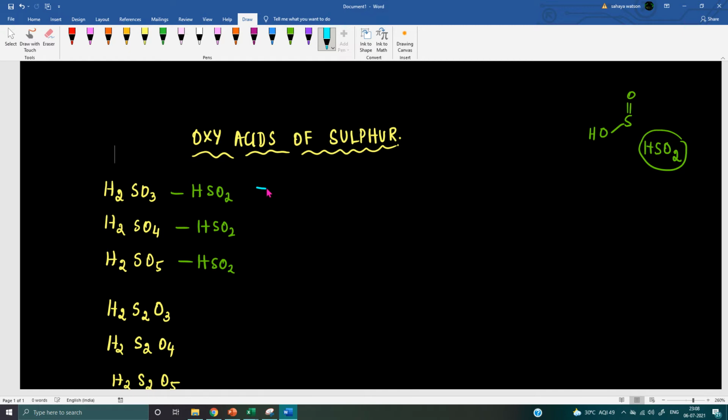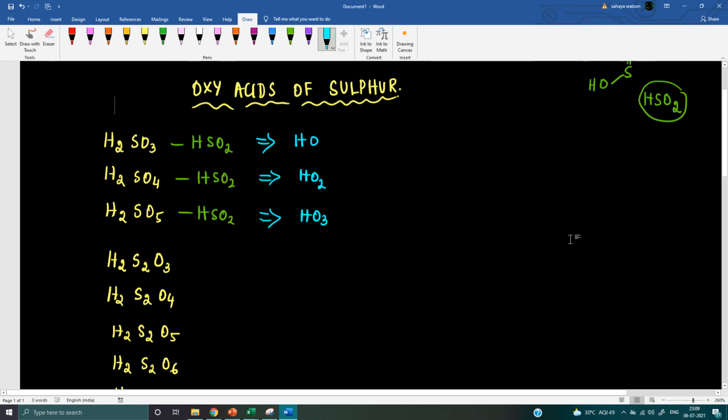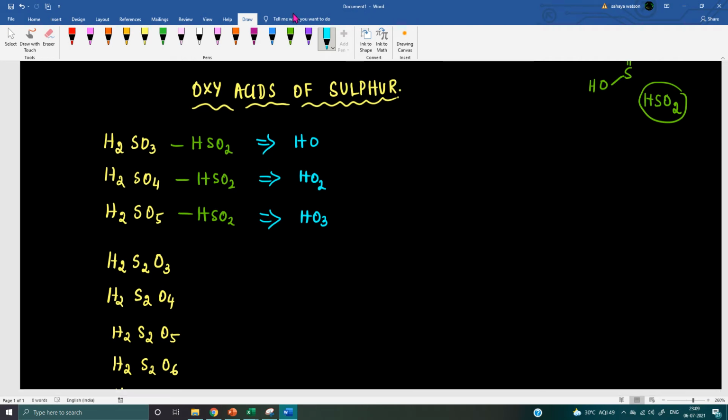Let's see now. Once you subtract HSO2, the remaining is HO. Here it is HO2 and here it is HO3. Okay, I am coming to the compounds having two sulfur atoms. In this case, the basic unit should be multiplied by 2. So HSO2 into 2 gives you